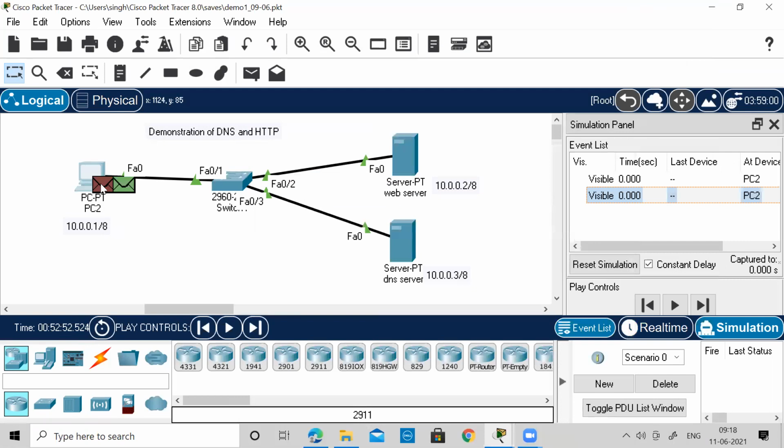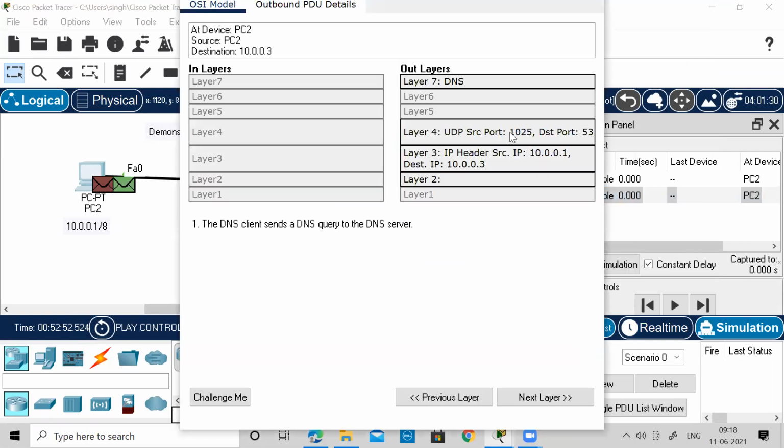So you just check the DNS packet. This brown color packet is a DNS packet. You will see that it uses a UDP port. The service is DNS at layer 7, and at layer 4 you will find that it has used UDP. The source port number is 1025 and the destination port number is 53.